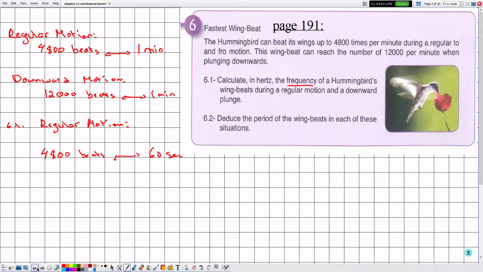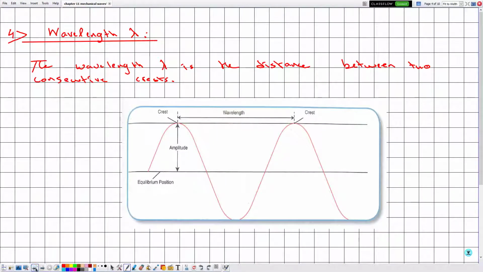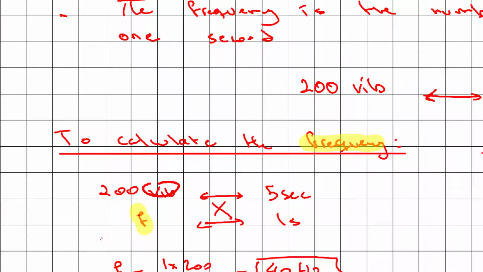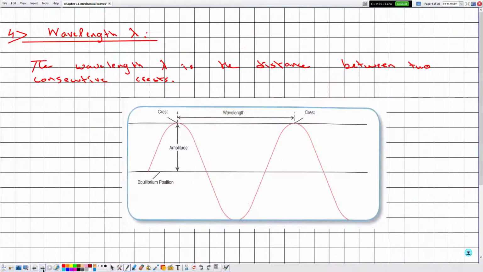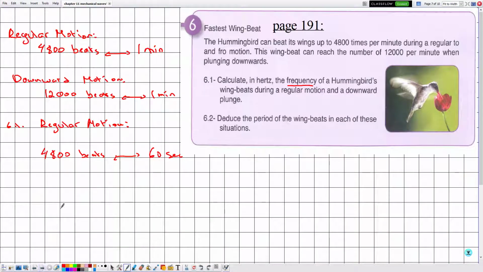If we refer back to the notes, instead of vibrations we will place f. Vibrations or beats, they are the same. So here we will place f, and now we'll crisscross, and this corresponds to 1 second. So in this case f is equal to